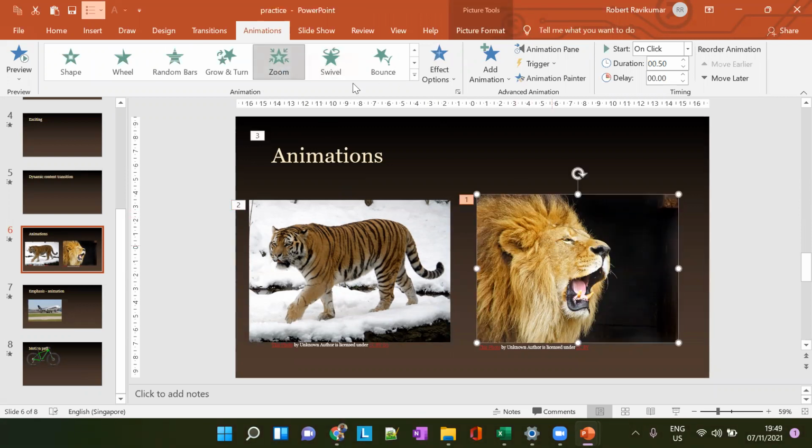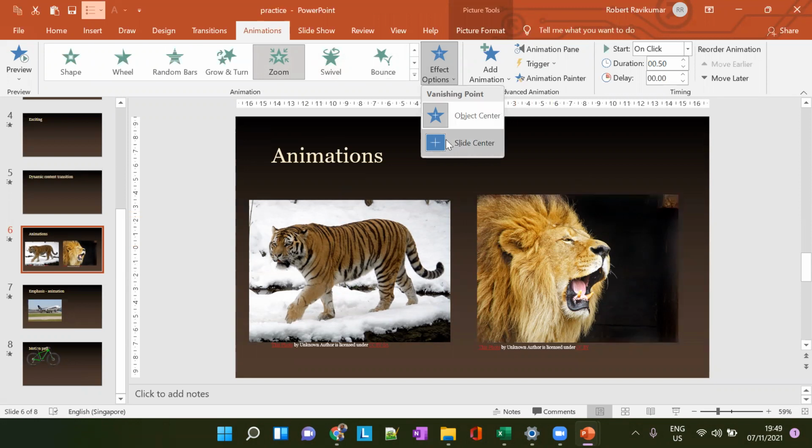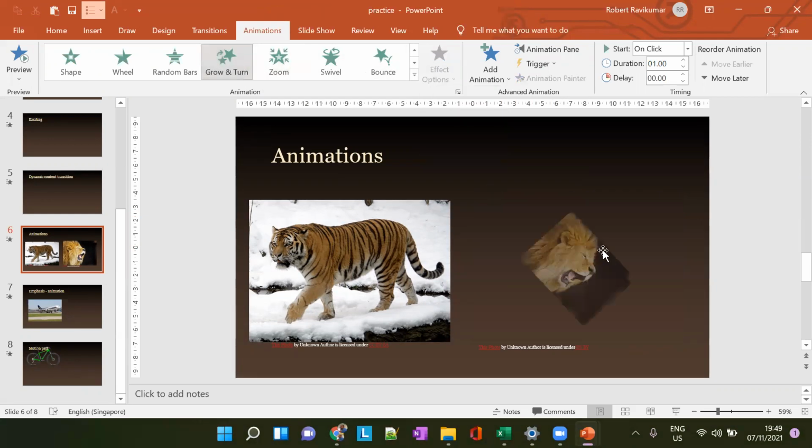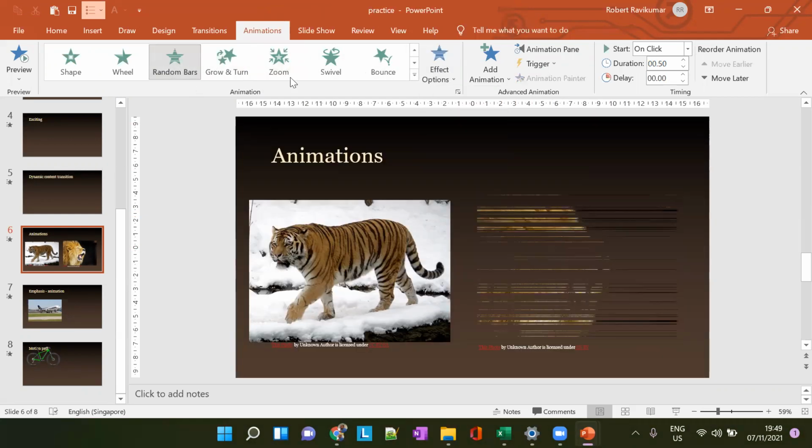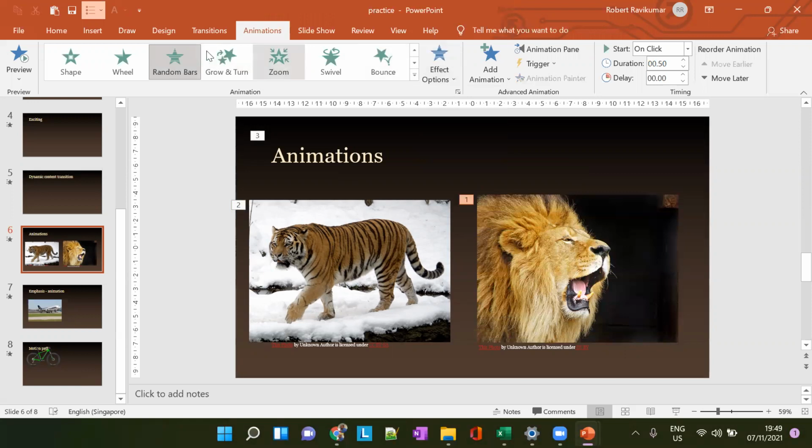Okay, we'll apply a zoom effect. See, object center, slide center. We'll choose a different one. Let's choose this random bars animation here, and this has some effects.